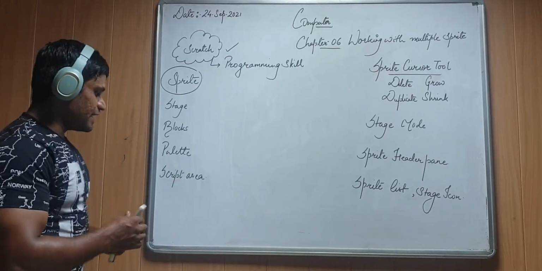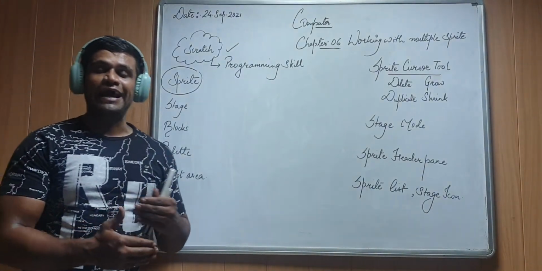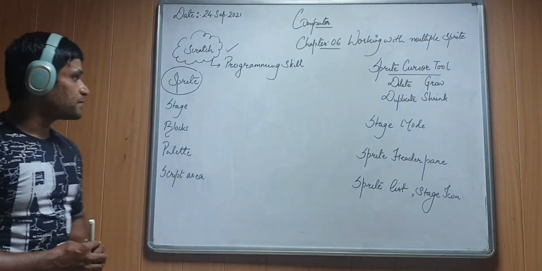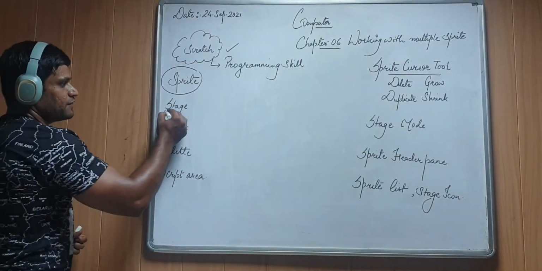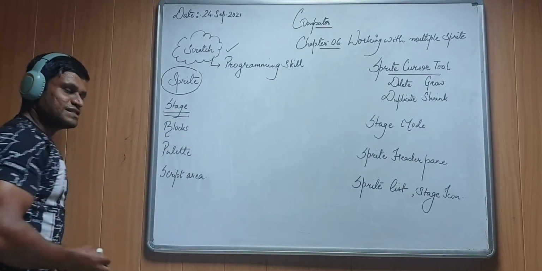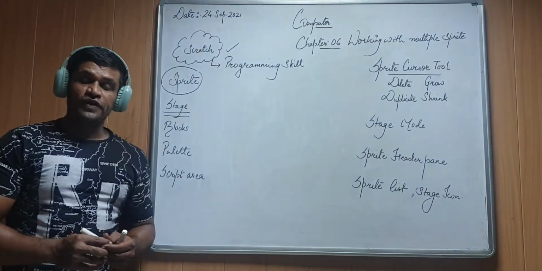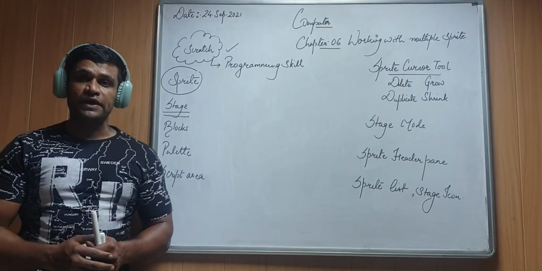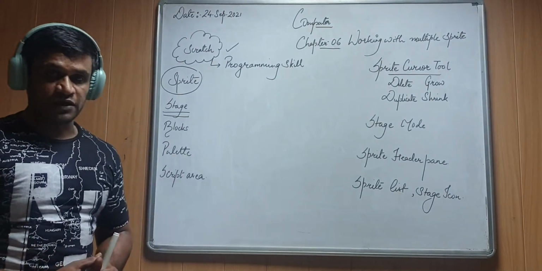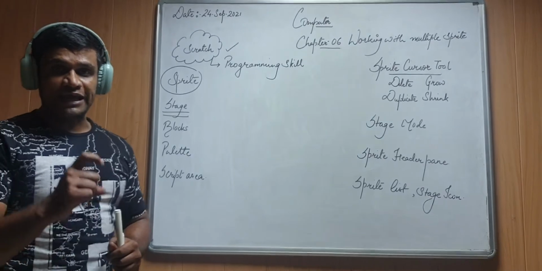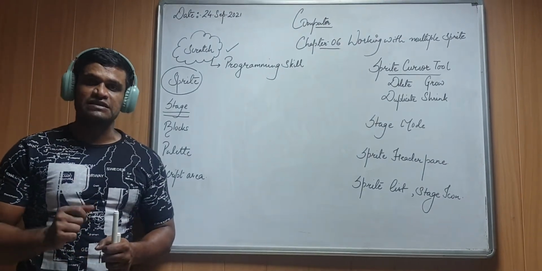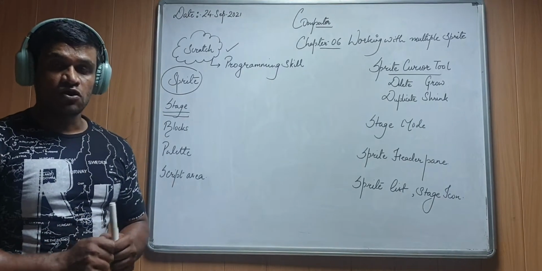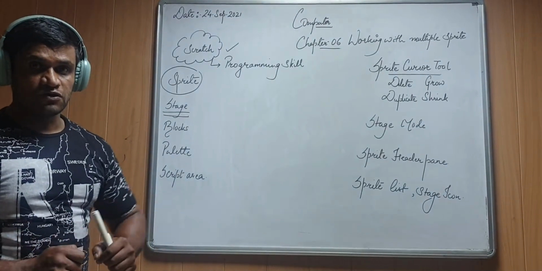A sprite performs actions according to the script or command you give, which you did in the previous class. After sprite, we have stage. Stage is the white area where the sprite performs all the actions. Like you can see on the page, in figure 6.1, that white area where the cat is standing right now. That's the stage where the cat performs all the actions, all the tasks, commands which you have given.